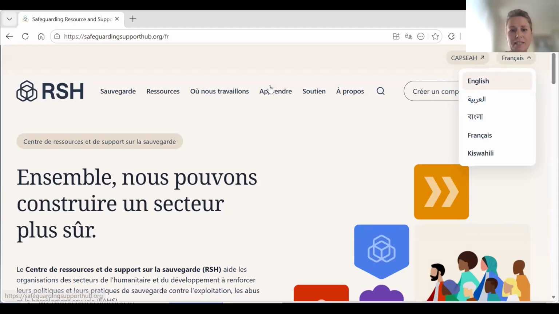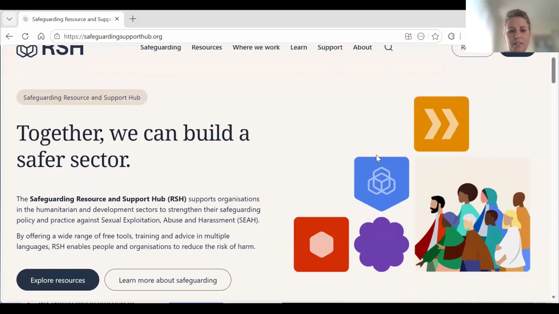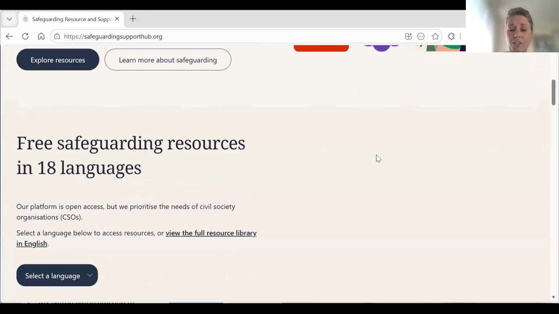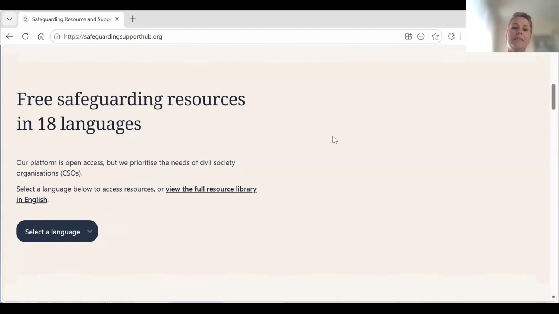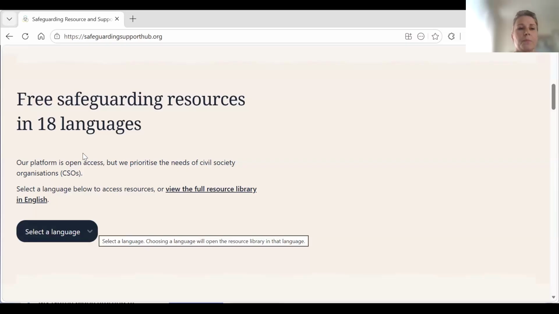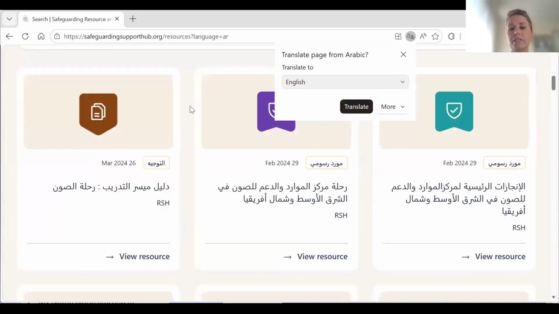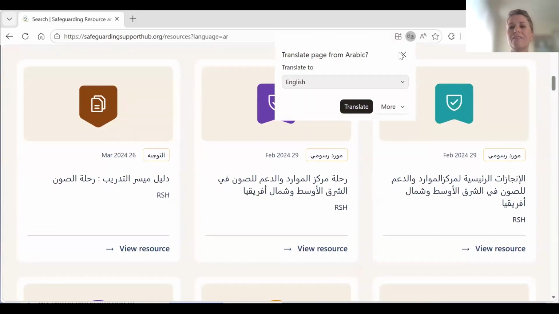So while the website is available in 5 languages, we have resources that are available in a lot more languages, namely 18. So if you scroll down a little bit on the homepage, it will take you to another language selector. And here you can choose from 18 languages, and it provides you a shortcut to all the resources that we have in that language.